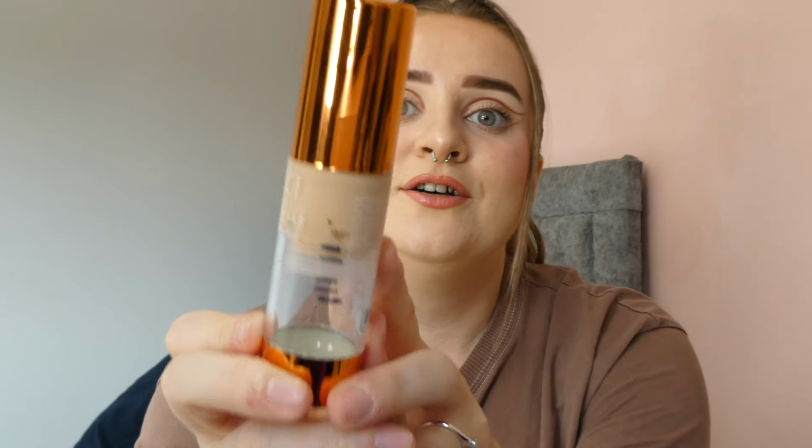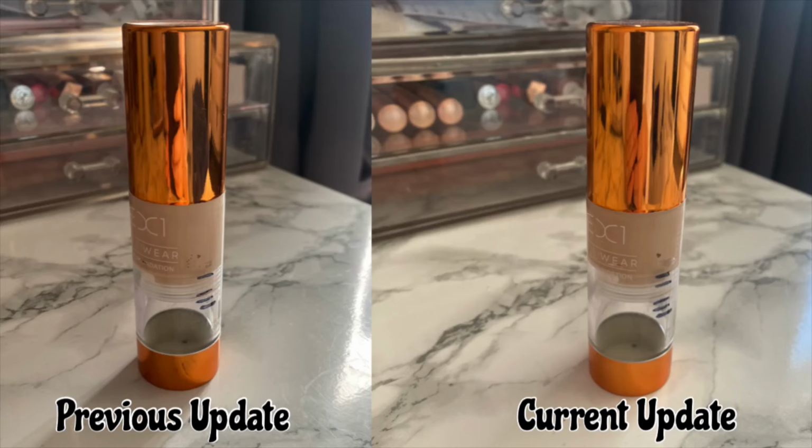Obviously, I've used it 9 times and I've used that small of an amount, but then when I look at it as a whole, I've used so much of this product. Like, we started off all the way down here and I've got less than what I've already used left. So when I think of it like that, it's not that bad, but when I look at it, I know this is going to be in here for like another 4 months minimum,